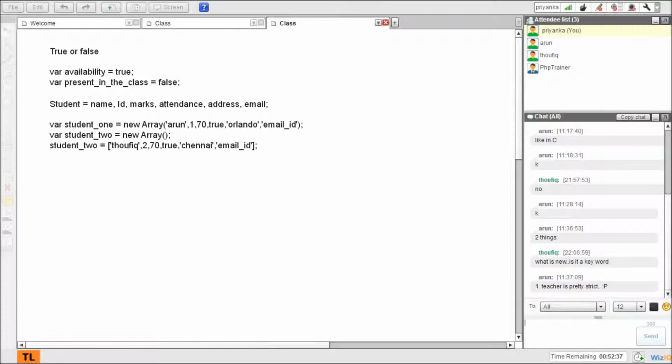One. Teacher is pretty strict. Yeah. What is two? Two. An array, in an array where input has to be all the data. I didn't get that. Can you be more specific? Input has to be all. Okay, go ahead.